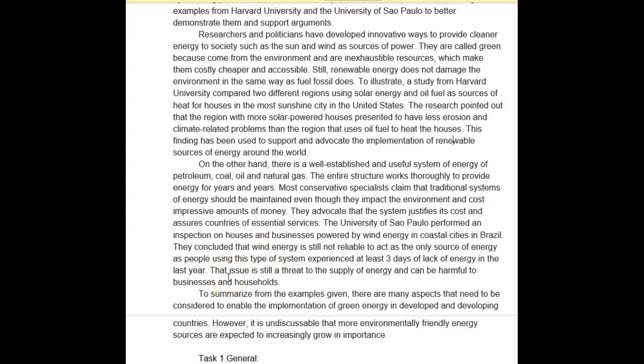Okay, so I again felt like there was a lot of superfluous language here, and it took you a while to get to your point. So, like, I really felt that a lot of this, I was kind of thinking to myself, all right, Laisa, what's your point? What are you telling us? Where is the central idea? Now, we should be able to detect the central idea very, very early in that paragraph. In fact, it should be very clear from that first sentence if possible. So you wrote that there's a well-established and useful system, but that's not really telling us what your central idea is. So something that would be more clear is, despite what has been said above, there can be no doubt that,